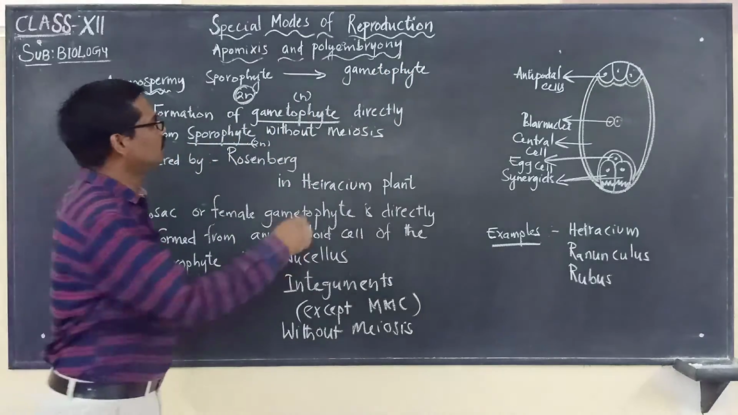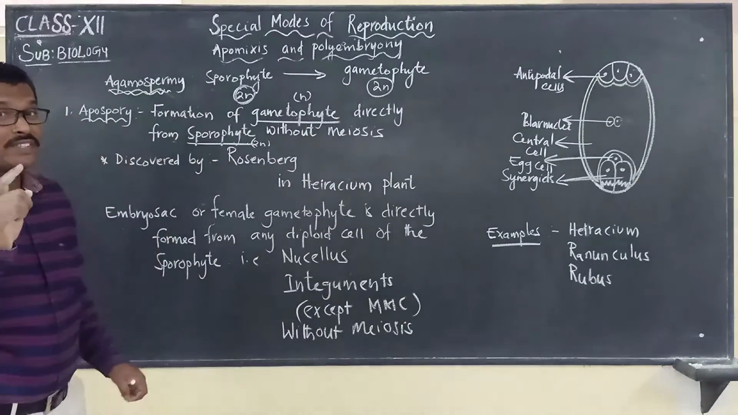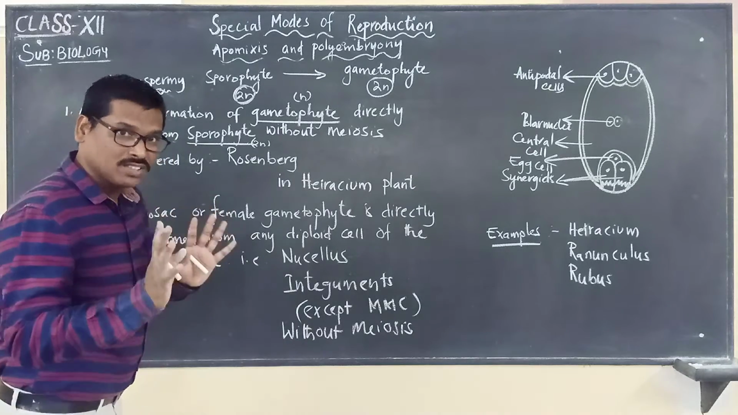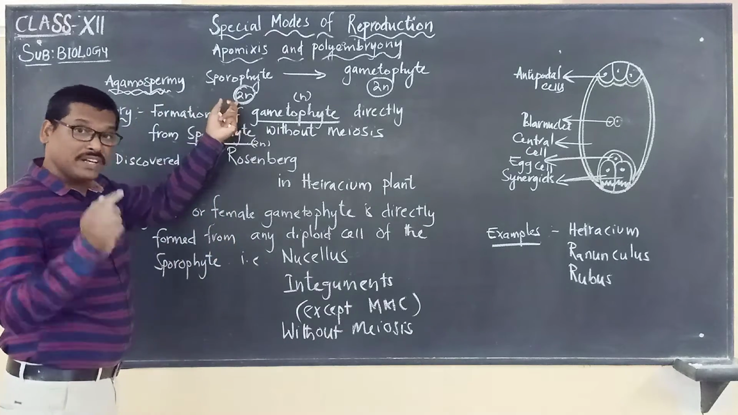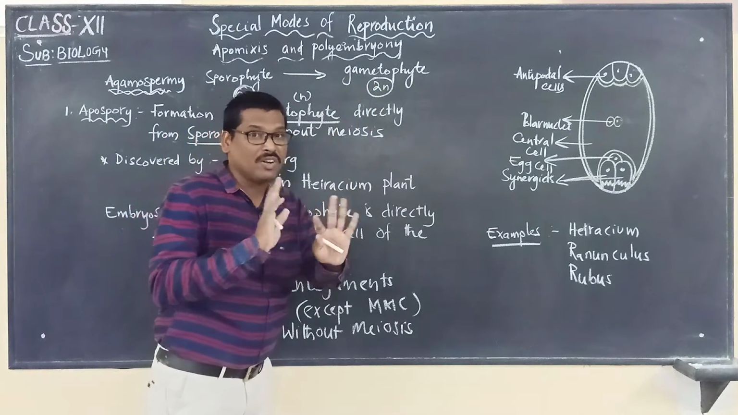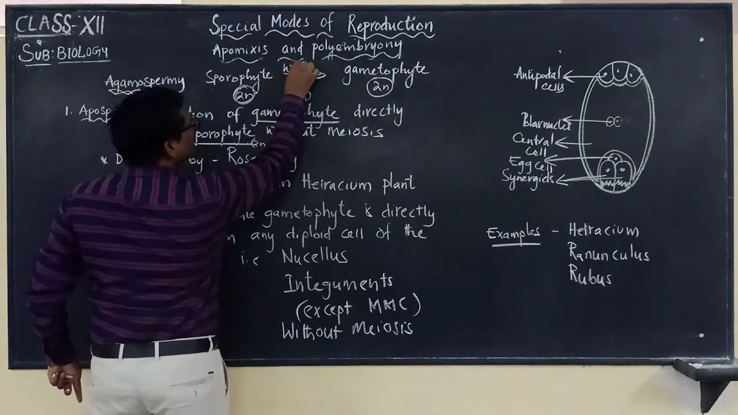Which is diploid. But what we said actually, what is the process? A diploid cell will undergo meiosis to produce the gametophyte. But here meiosis is not taking place. So that's why sporophyte without